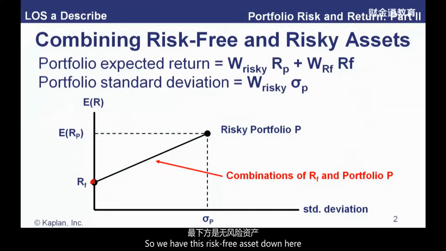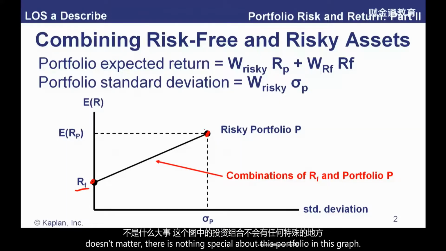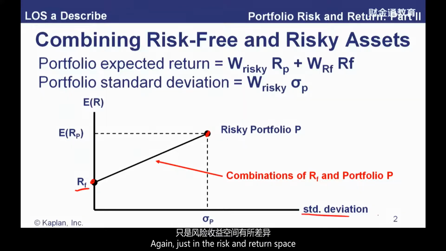So we have this risk-free asset down here. Remember, the risk-free asset has zero variance, but it also has zero covariance with all other assets. So if we take the risk-free asset and combine it with just any risky portfolio, it doesn't matter, there's nothing special about this portfolio in this graph. We're, again, just in the risk-return space. If we take the risky asset or risky portfolio and combine it with the risk-free rate, then the combinations of those two assets, RF and RP, are going to lie on this straight